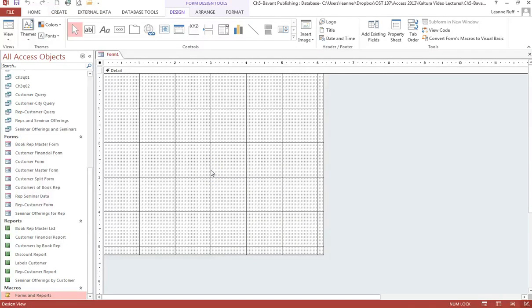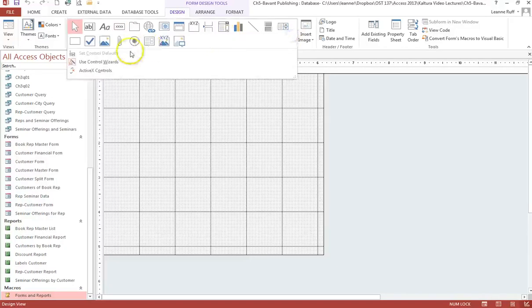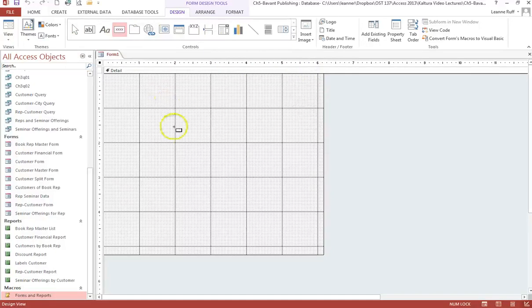And we don't need to use any existing fields for this because we're going to be creating this form from scratch, and we're going to be creating some command buttons, just as we did the buttons on the reports. That's going to connect to the sub macros and perform some functions for us. So let's use the button tool, and just again make sure that the Use Control Wizards is highlighted as this one is, and then we want to use the buttons tool, and we're going to place it about right here,